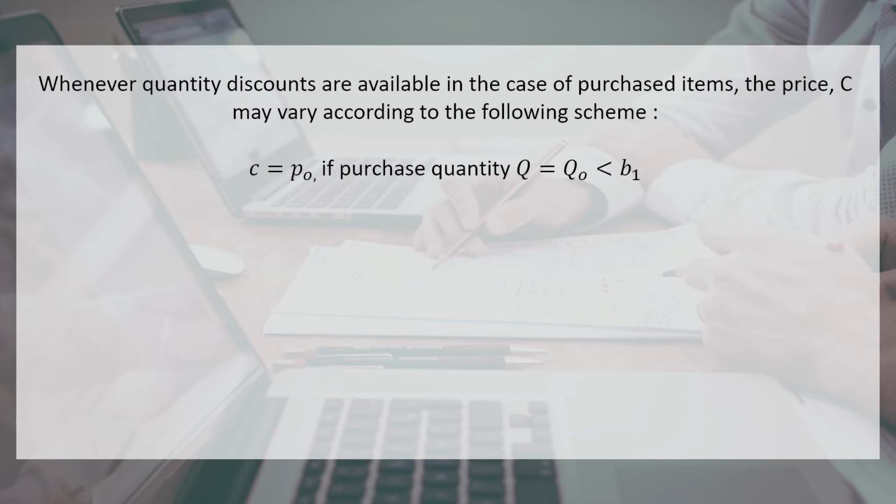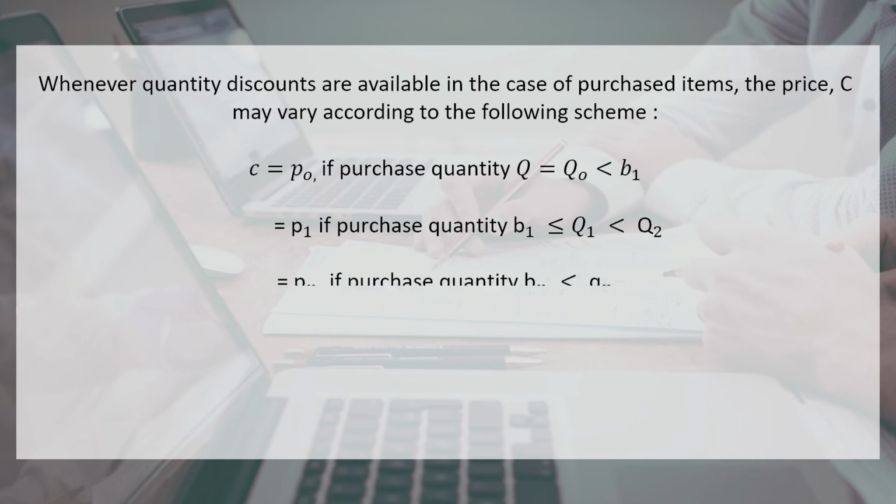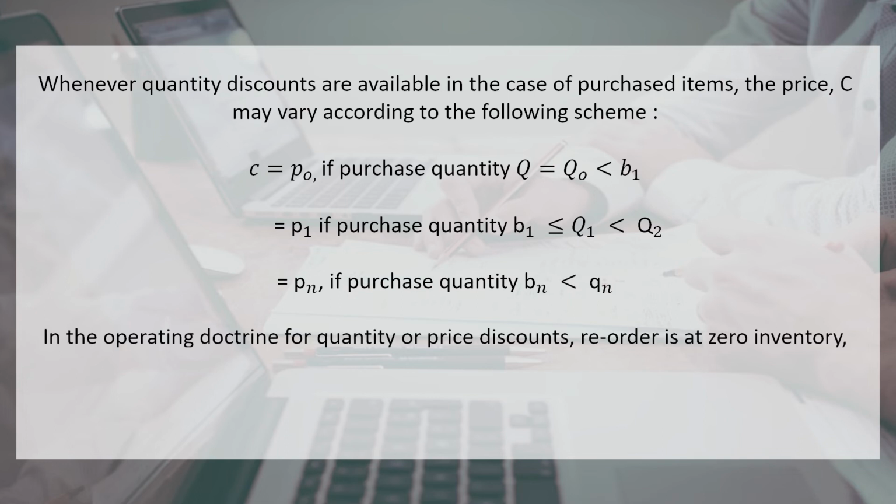So if C is representing the price, that can vary according to the scheme. It will be P0 if purchase quantity Q is less than a certain level, that is B1. It will be P1 if purchase quantity is between B1 and Q2, and Pn if purchase quantity is more than Bn. So in the operating doctrine for the quantity or price discount, reorder is set at zero inventory because you